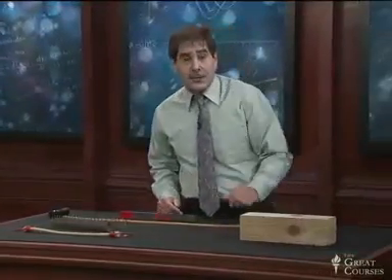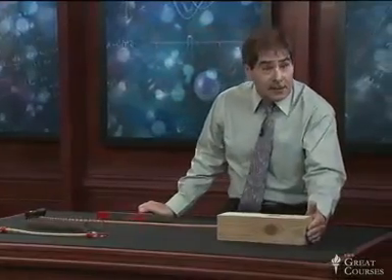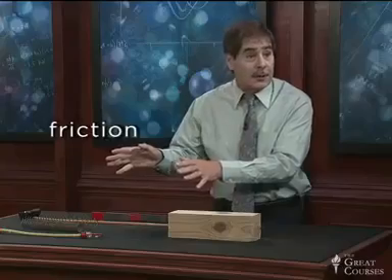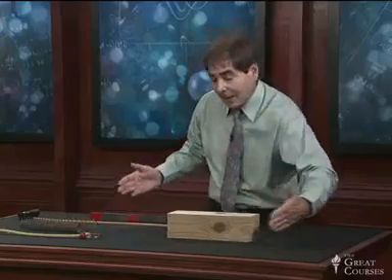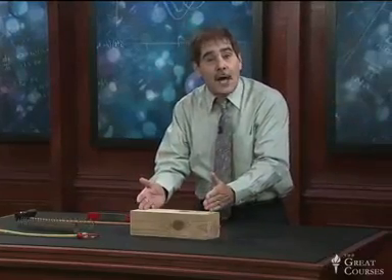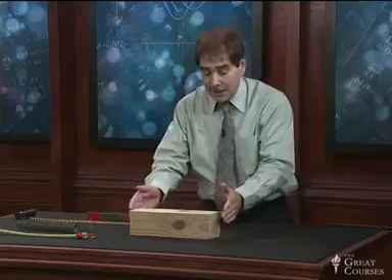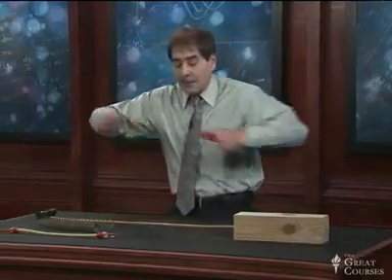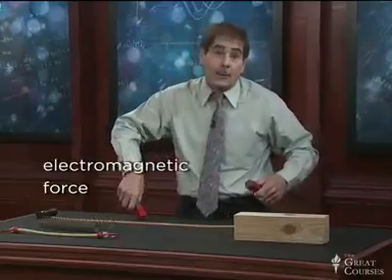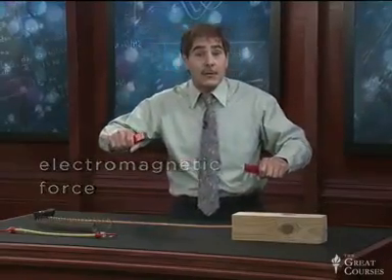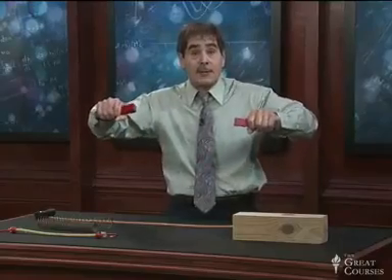Another force, and I'll use the same block for my example, that's an invisible force is the force of friction. I push the block, and like the chair I was pushing earlier, or Aristotle's chariot, as soon as I stop pushing, it stops. Why? Because there's another force acting that I don't see, and that force is the force of friction. Another example of an invisible force is the electromagnetic force, or the electric and magnetic forces. They'll turn out, as we'll see in section 4 of this course, to be manifestations ultimately of the same thing.